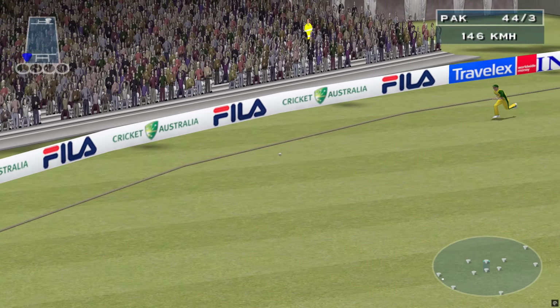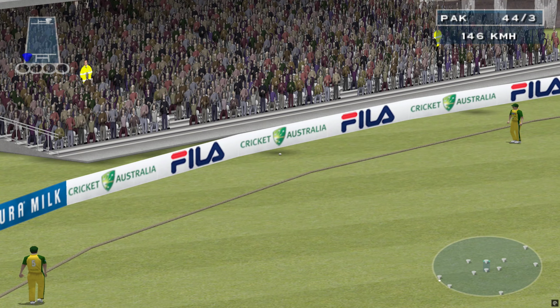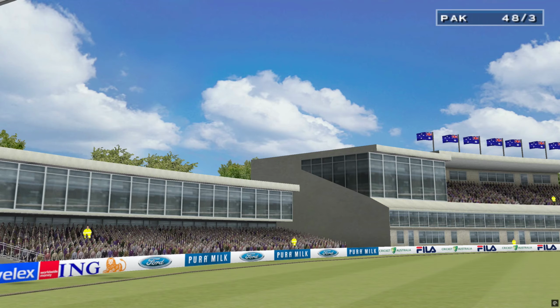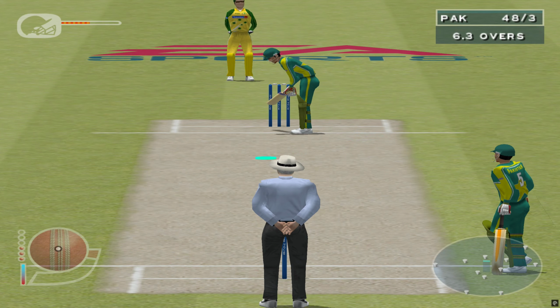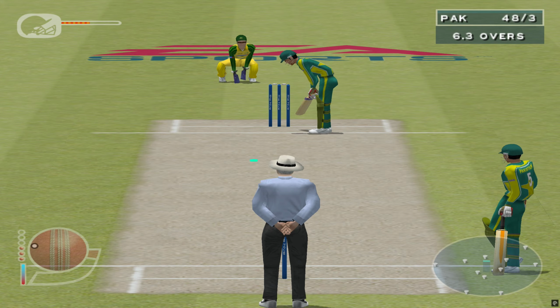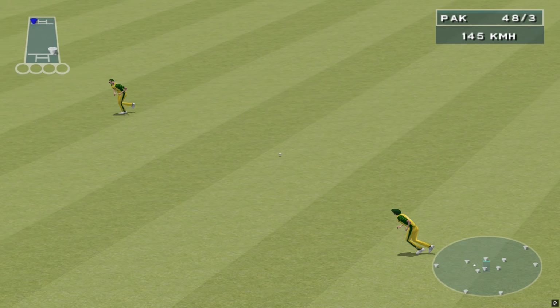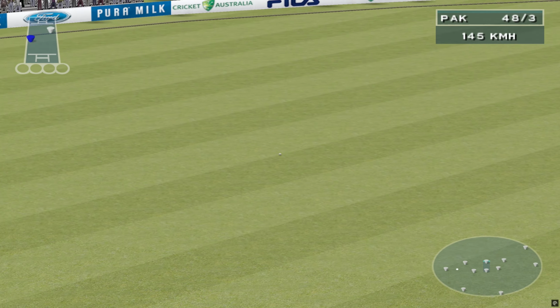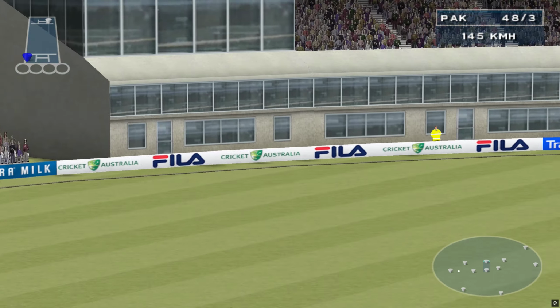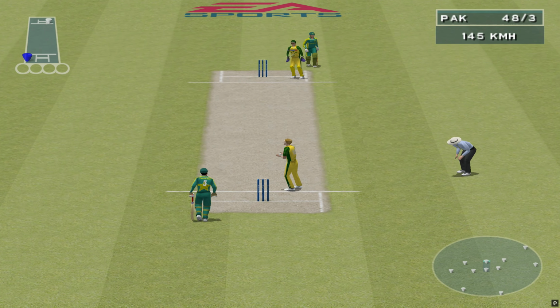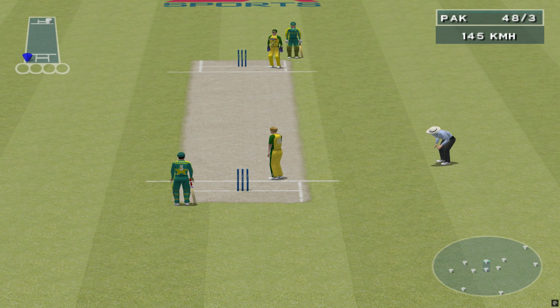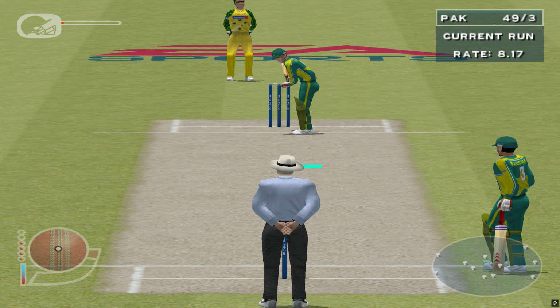And that really was a super score. The bowlers really need to keep it tight this stage of the match. Push through the covers. One run to Yousuf Youhana.